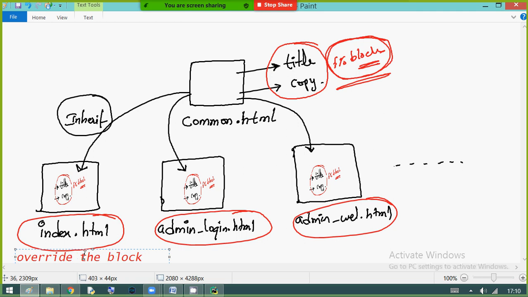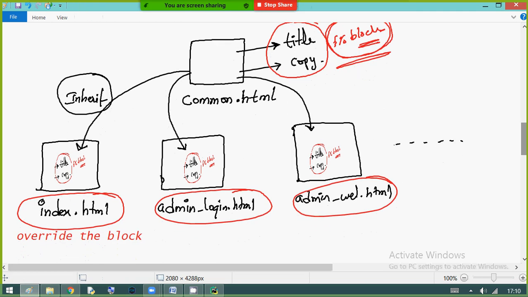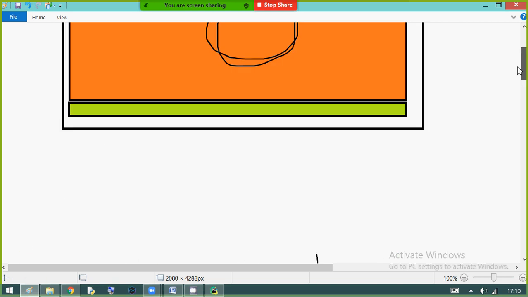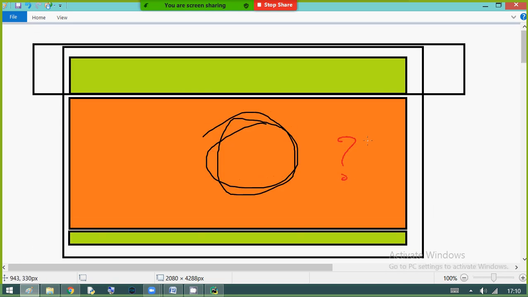You can write whatever other content you want to show into this overridden block tag. Apart from the title and copyrights, whatever other content you need, we are going to write into the block tag.